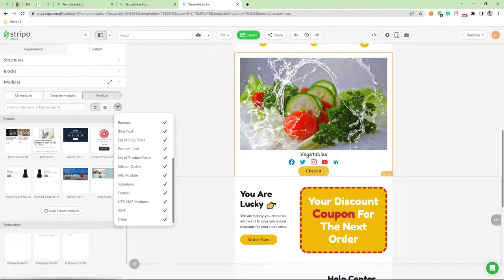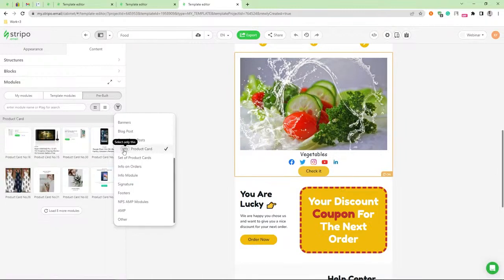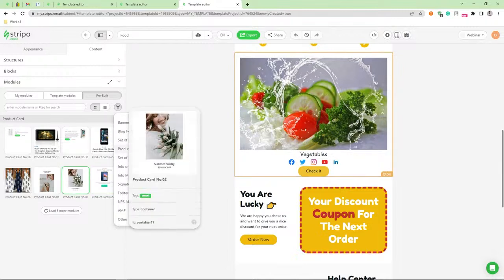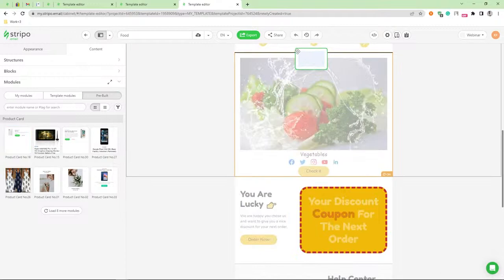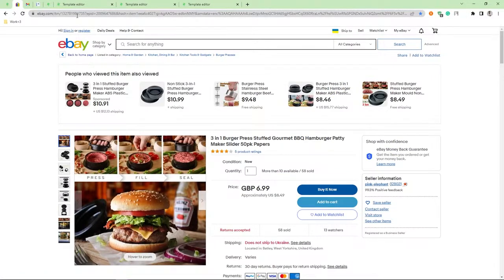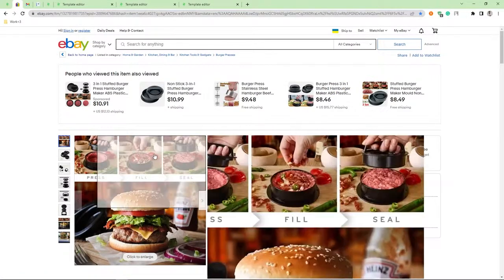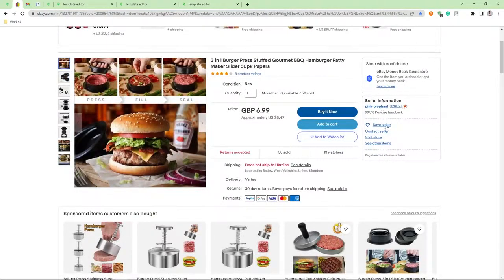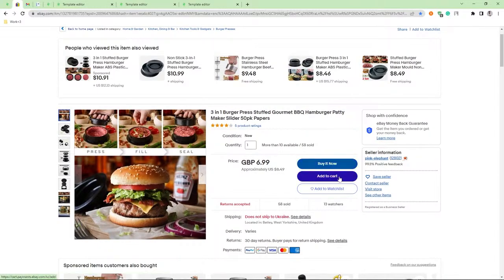So first of all, I should select only product cards. And now let's take the first model from the product card section. And let's drag and drop it, for example, here. And as an example of our product, I will grab the eBay site and this position as its basis. I want to insert basic information into my template so that customers can purchase this product. All we need to do is copy the link of the product here,